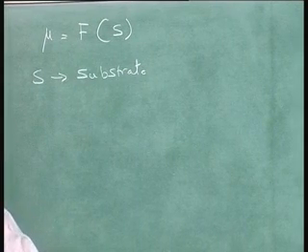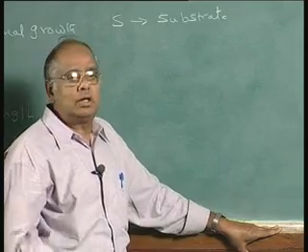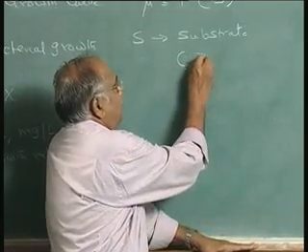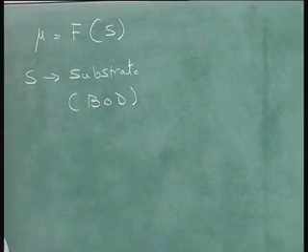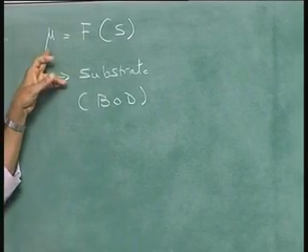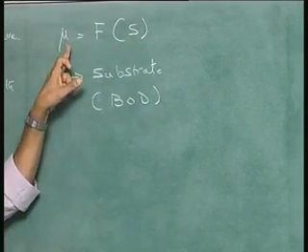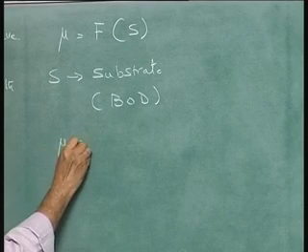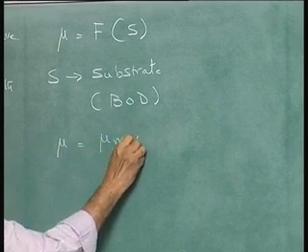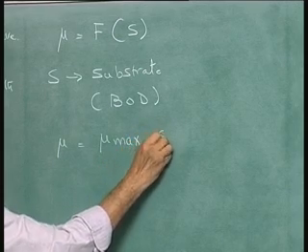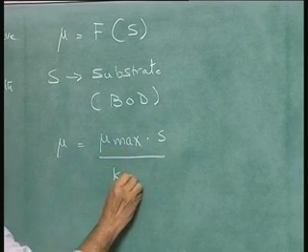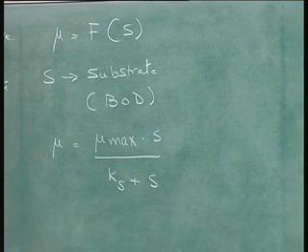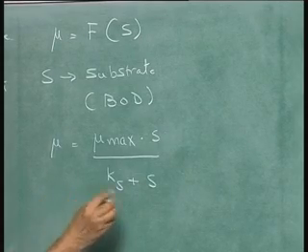The food for the microorganisms should provide a carbon source and an energy source. That is what we discussed in the last class. This could also be the biochemical oxygen demand, BOD, of the wastewater as the substrate. So, the specific growth rate mu is a function of the substrate concentration, which is given by the equation mu is equal to mu max multiplied by S over Ks plus S. In the last class, we had defined all the terms. Still, I would like to redefine these terms. This equation is Monod's equation,